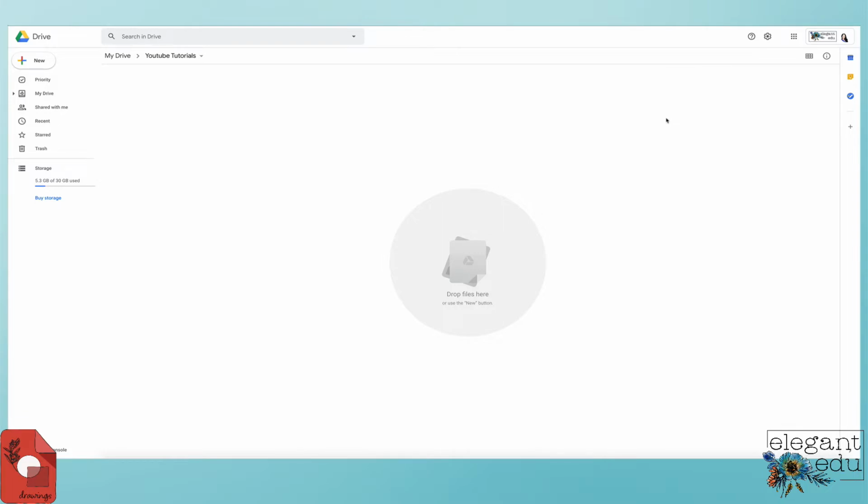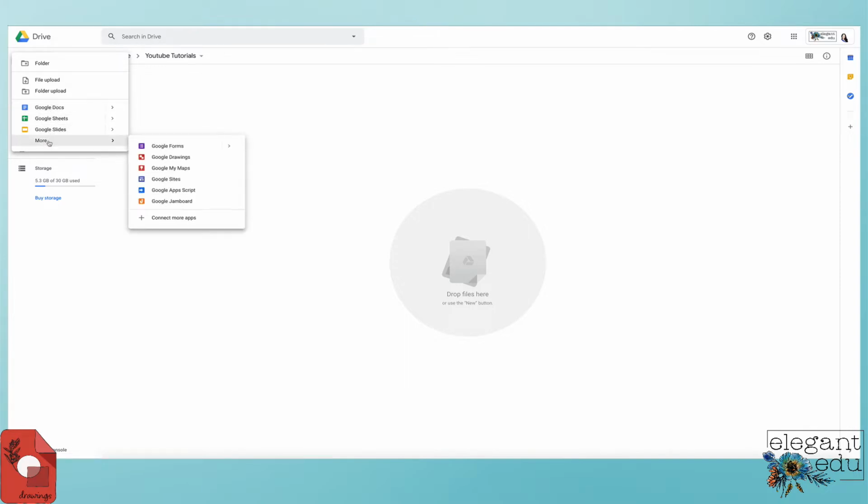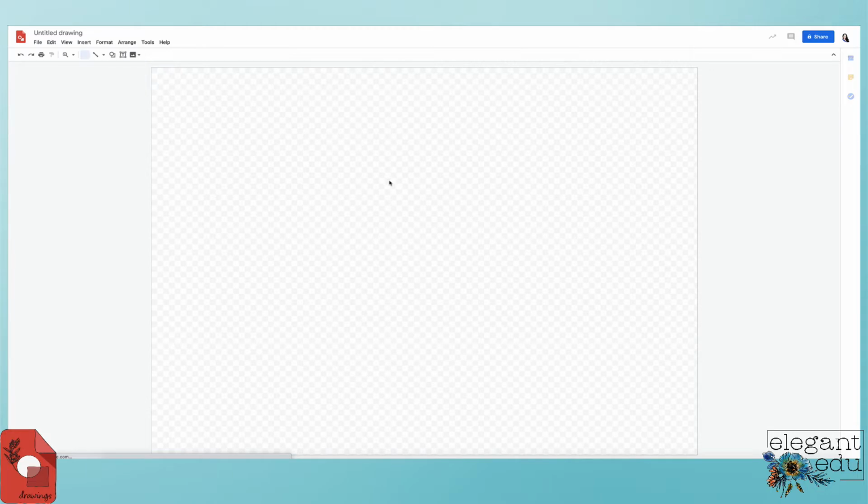And then once you're in Google Drive, you're going to want to click on New. And then you'll see there's Google Docs, Google Sheets, Google Slides. You want to go to More for Google Drawings. Go ahead and click on that one. And then by default, you're going to be given this big canvas, but you're going to want to change the size of that. So we're going to go to File,